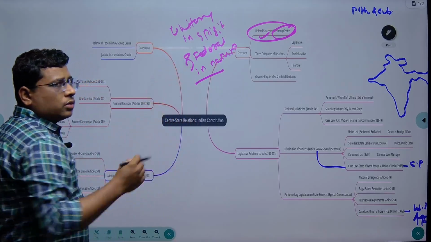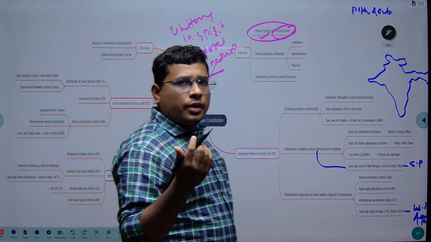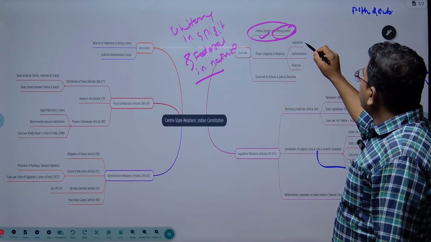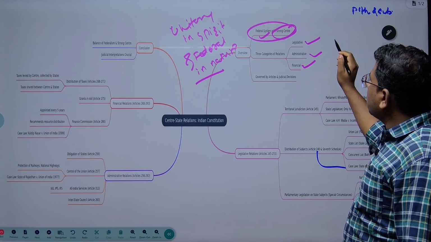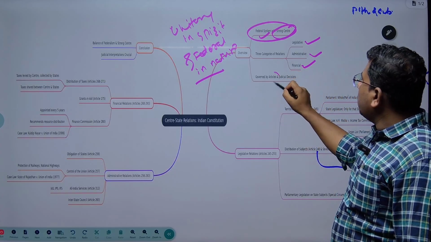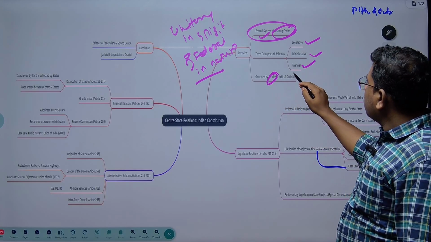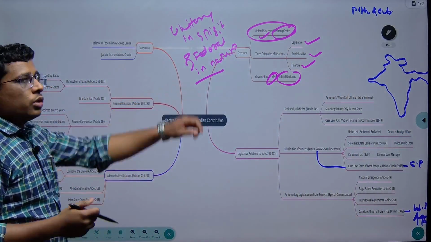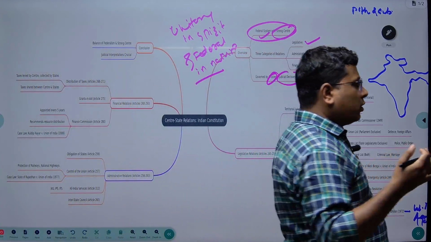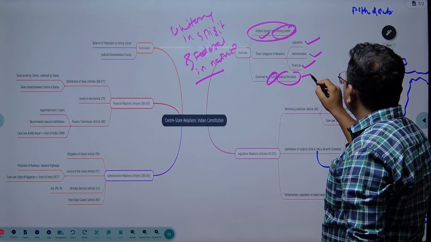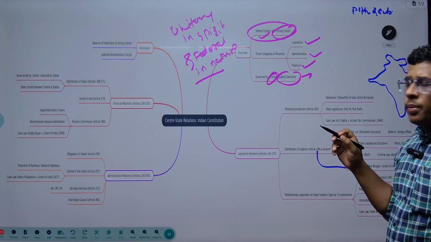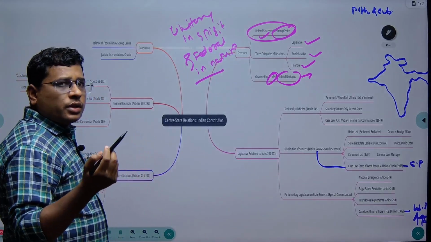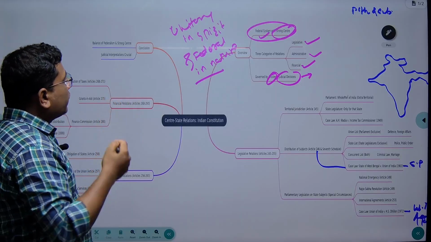And the state has its own right to make laws on the state list. So the relation is divided between legislative, administrative and financial relation, and this is governed by the articles. It means through the Constitution and judicial decisions. So landmark judicial decisions given by the Supreme Court and High Court are an interpretation, or we can say a precedent, to the lower court. The decision given by the Supreme Court or higher court is a precedent to the lower court. So from the judicial decisions and the Constitution, it is governed.